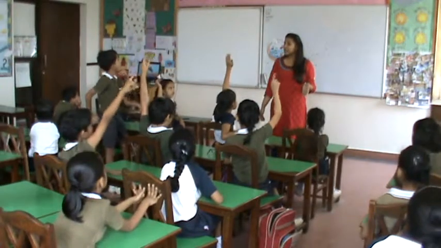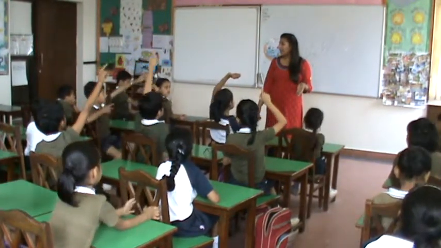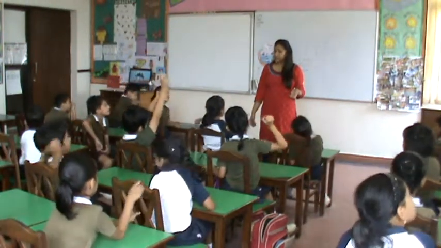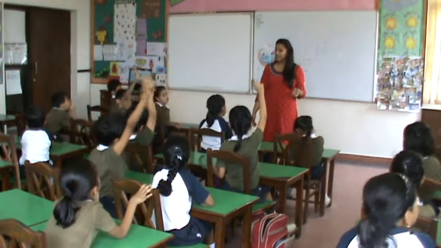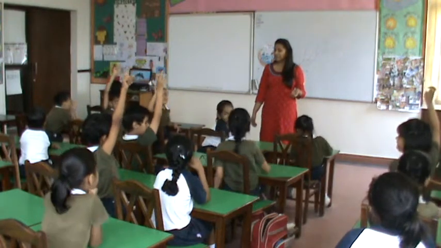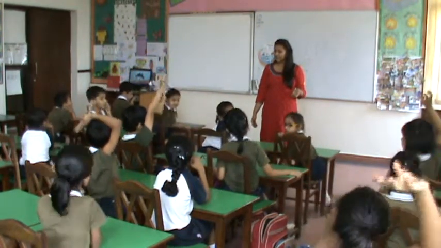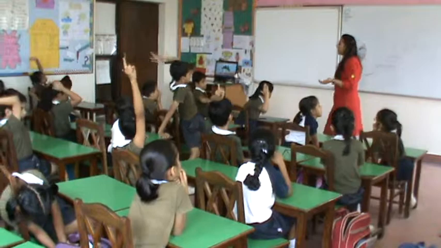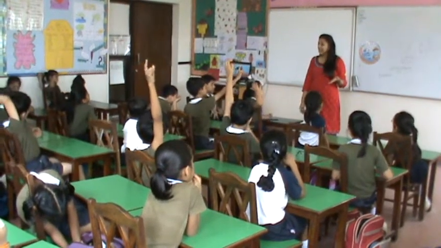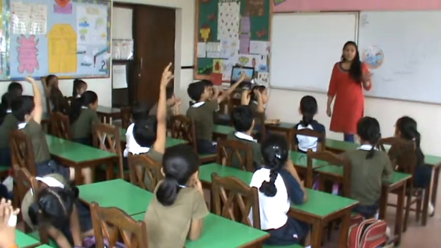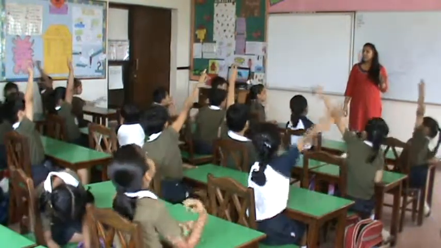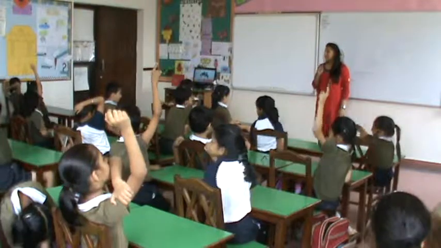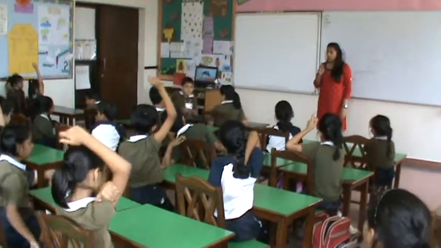Children, I don't want answers like this. What did I say? You have to wait for your turn. Nandini. Yes, we should keep our things clean. And Vitisha. Yes, we should cover the food and water, and we should keep ourselves and our surroundings clean. Okay, tell me how many stages are there in the life cycle of a mosquito? Raise your hand. Charvi. Speak it out. Four. Okay, that